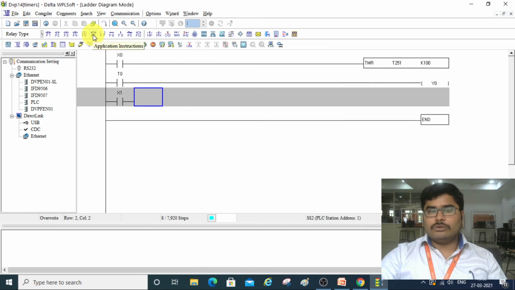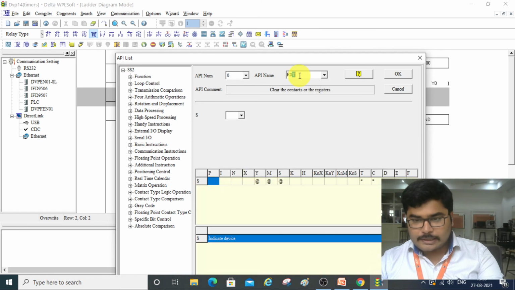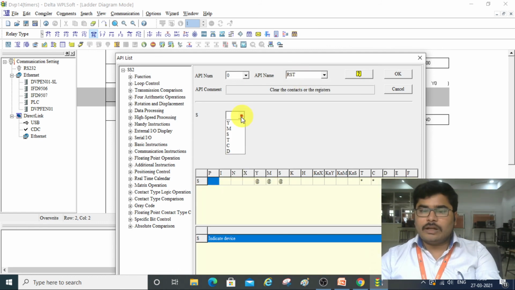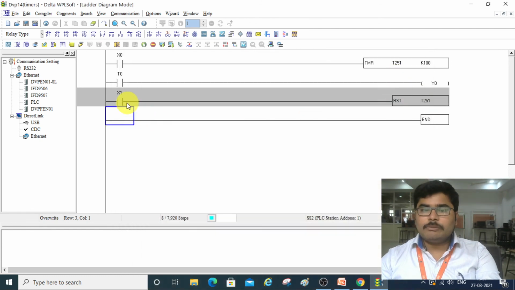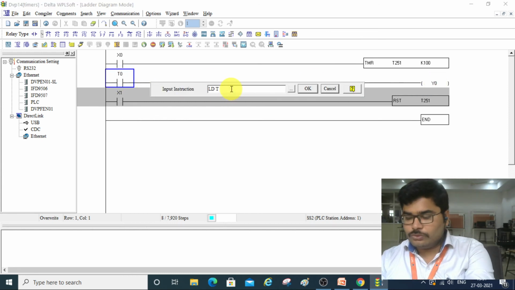So you go to application instruction, type RST, and here you have to use timer T251. That means whenever you press X1, this will reset T251. So for the bulb, instead of T0, you have to use T251.